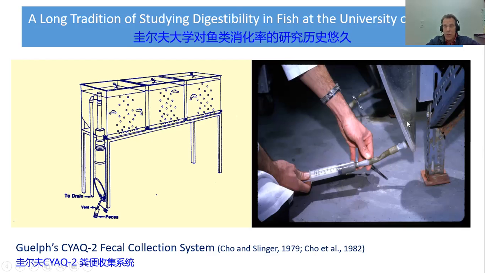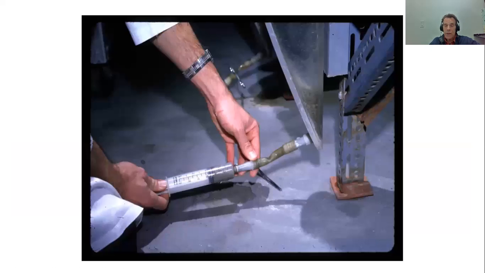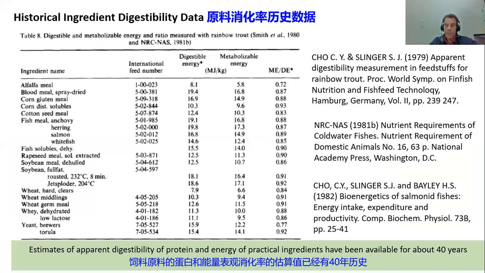You can look at the picture. You can see these little grains. Actually, the feces are really quite intact and not leaching out. So this system was developed by Dr. Cho and Stanley Slinger in the 1970s, and I've made this proof. All my lab at the University of Guelph is equipped with these tanks, so we can carry out digestibility trials at the same time as we do growth trials. Several other labs in the world, including in China, have set up similar systems or an adaptation of the Guelph system in their facility. You can see you collect the fecal material very effectively.